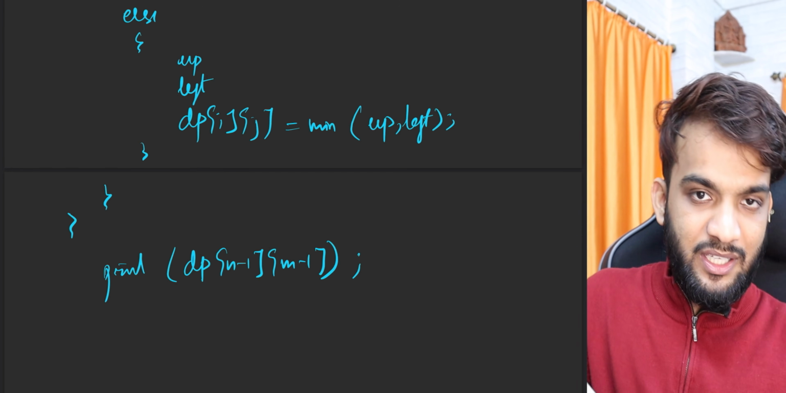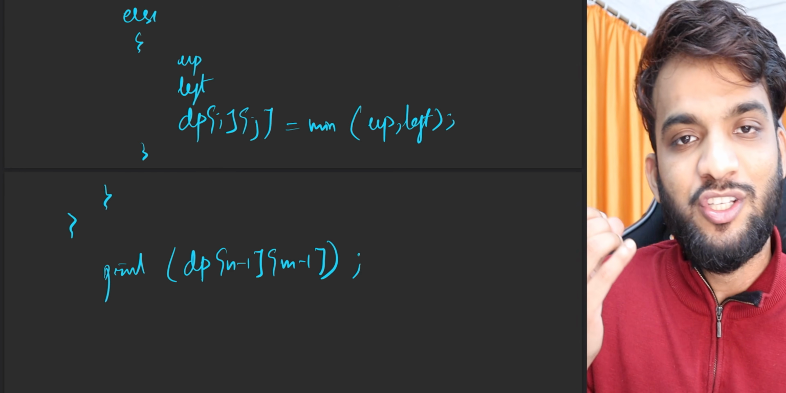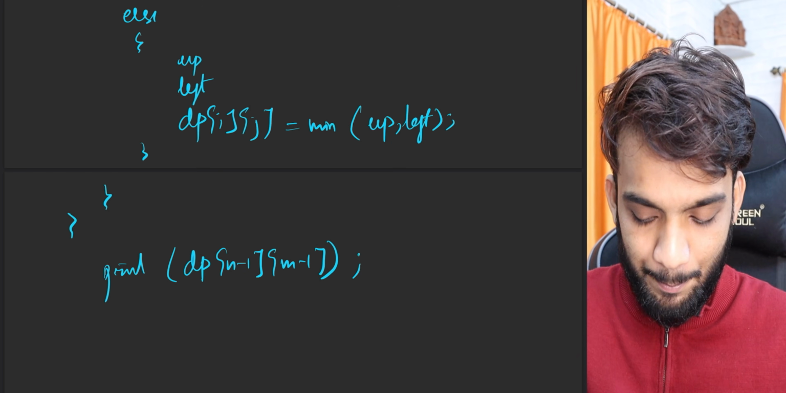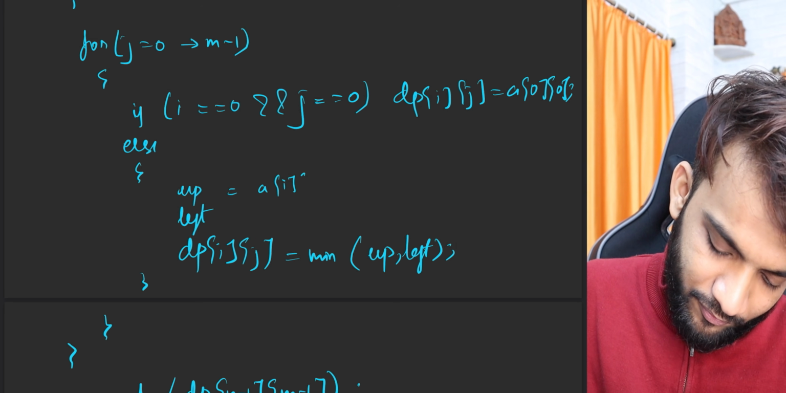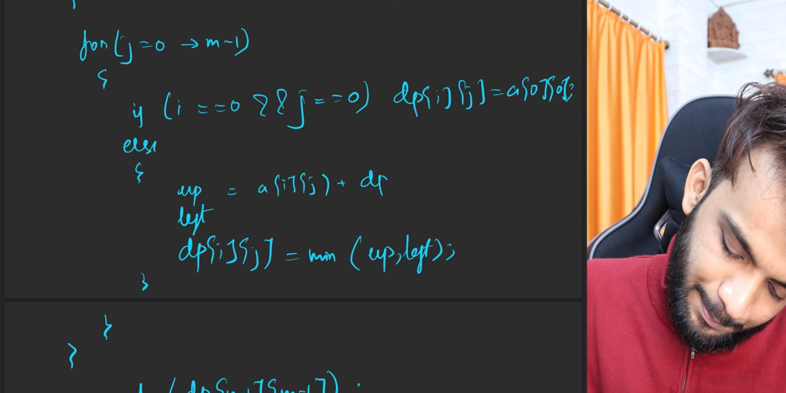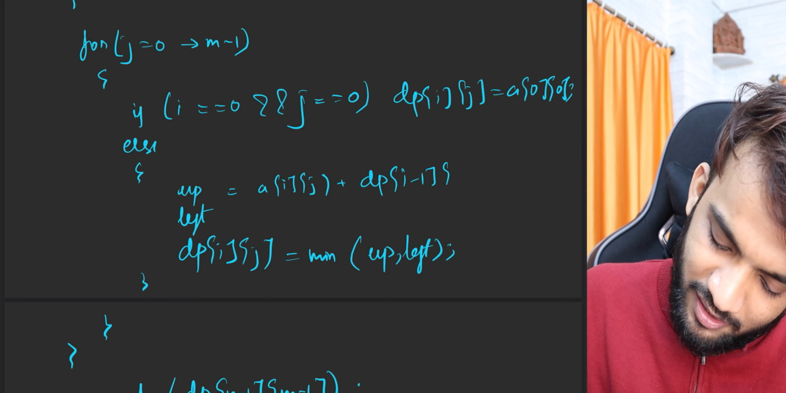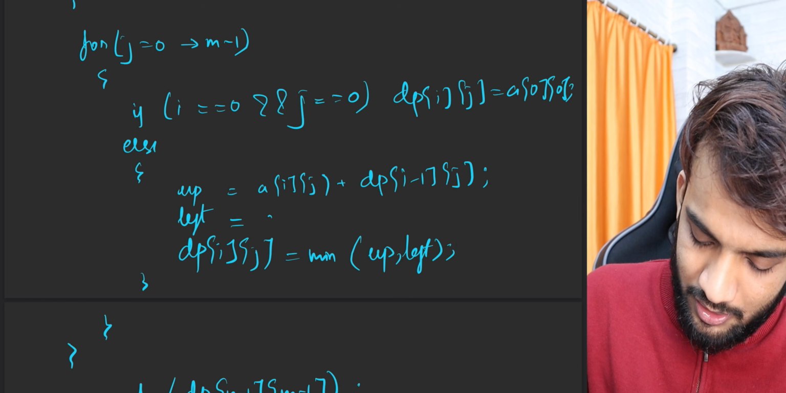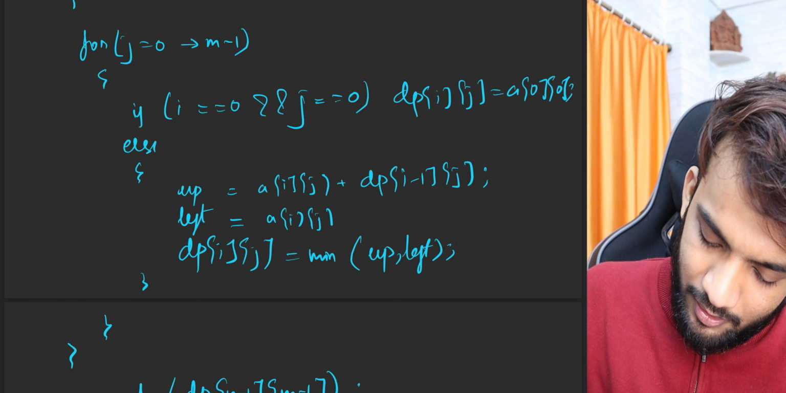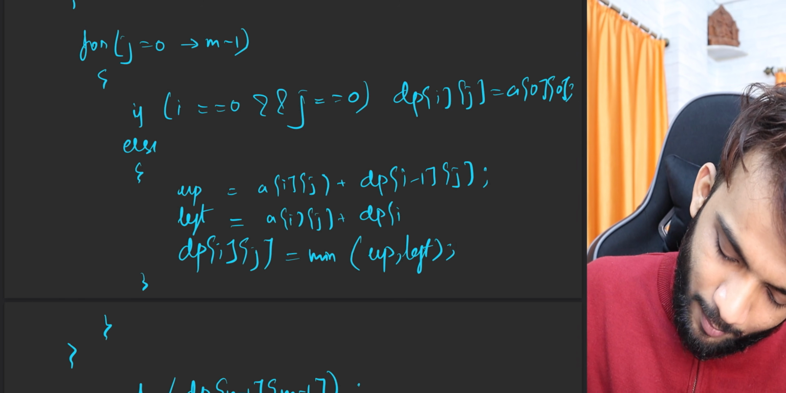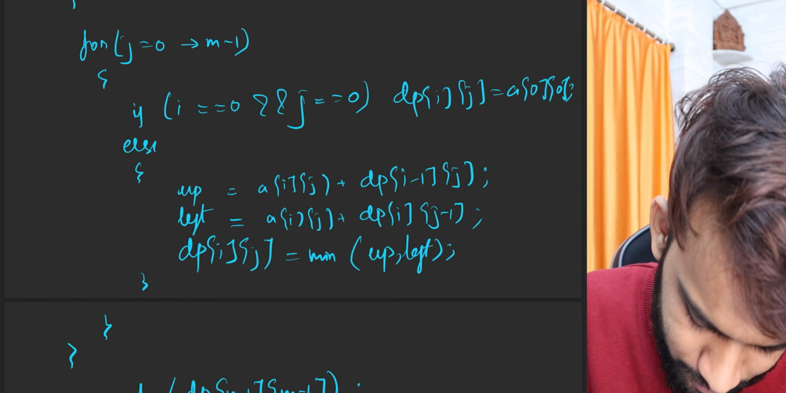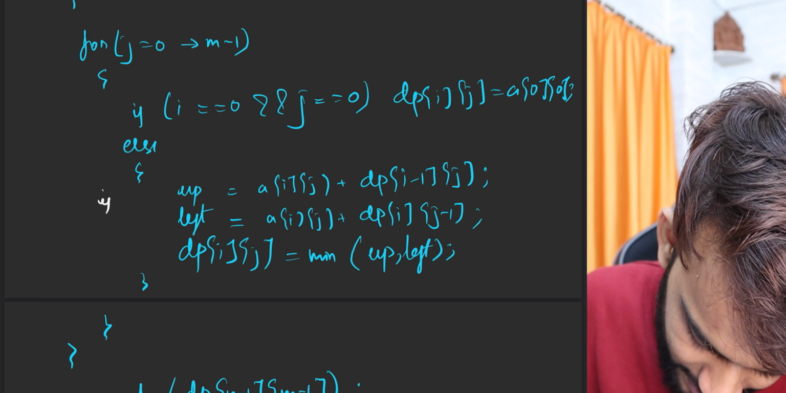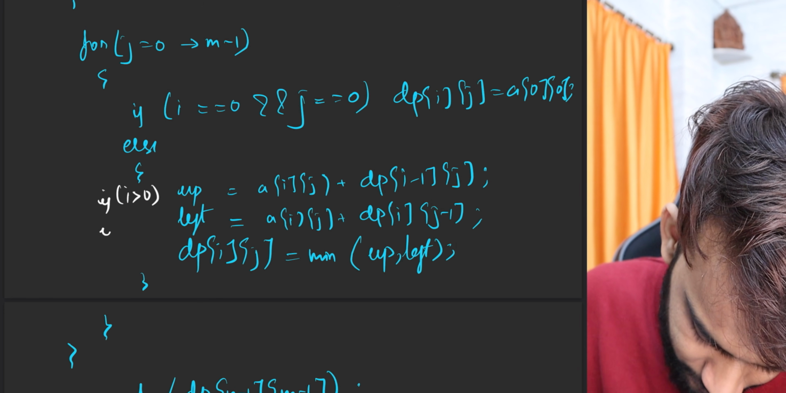You see how we can easily solve DP on grids. It's so simple. Up will be very simple: array of a[i][j] plus dp of up, which is dp[i-1][j]. Similar to the previous classes, guys. Left will be a[i][j] plus dp[i][j-1]. Simple. And the basic stuff will be: if i has to be greater than 0, if j has to be greater